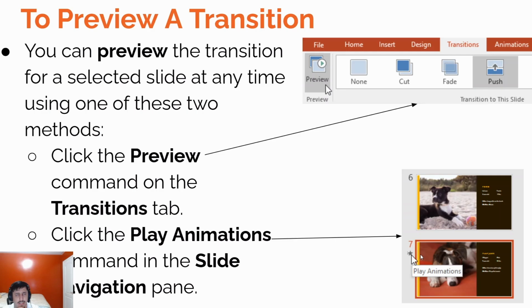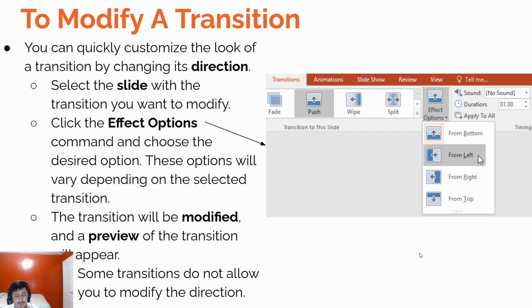It's pretty good. Moving on, we can also modify. So one thing is, yes, we can add transitions. That's cool. But what we can also do is change the way the transition works. In all honesty, it's not like we're reinventing the wheel. It's relatively simple, I'd say. But for a lot of slide transitions, we can change the behavior. So certain slides may have the effect options, whereas with other slides, some of them might be grayed out,